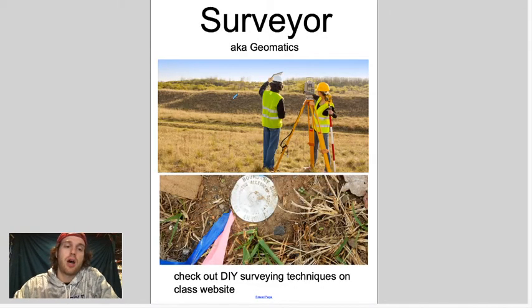This is the job of a surveyor, and this was actually Mr. Slagle's original career plan. My career plan out of high school was to go study surveying at UAA and go out and play around in the woods. It still sounds like fun. Why did I become a teacher? I'm kidding. No. There's a lot of computer work.